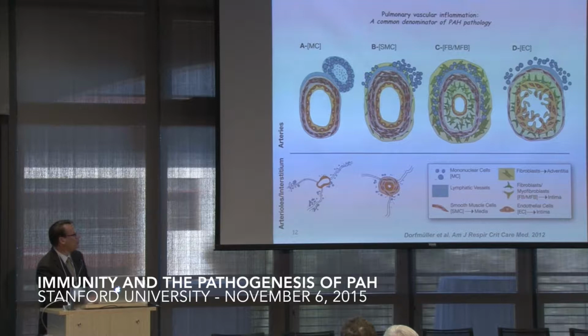But I don't know many pathologists who contest the fact that inflammation is present in pulmonary vascular lesions. Many pathologists doubt that it's very important because they see sometimes very small inflammatory infiltrate, but they all agree that